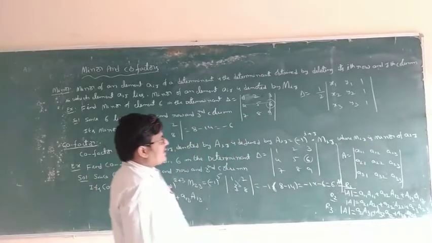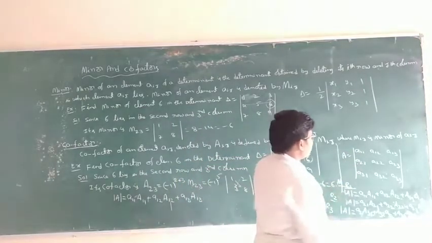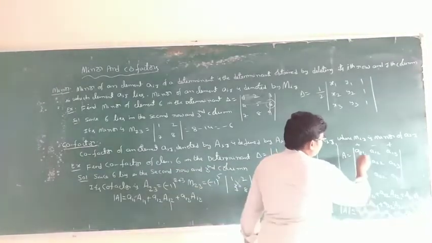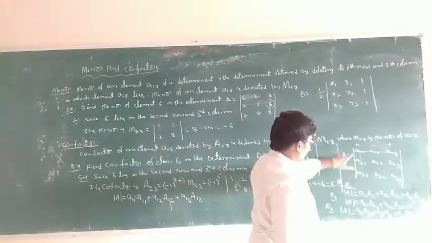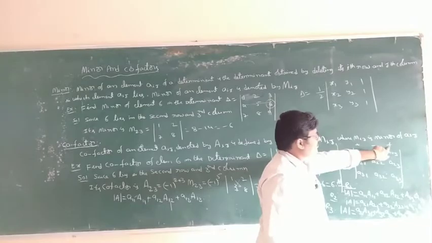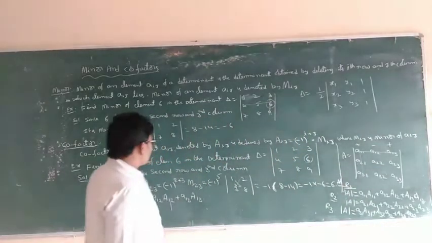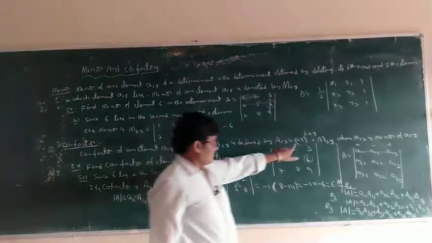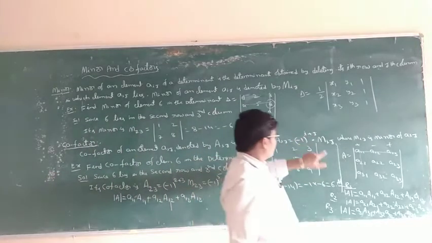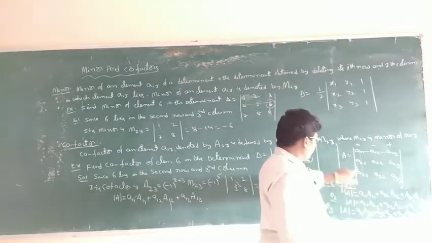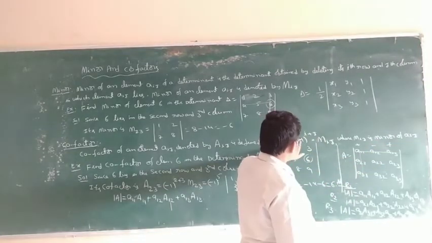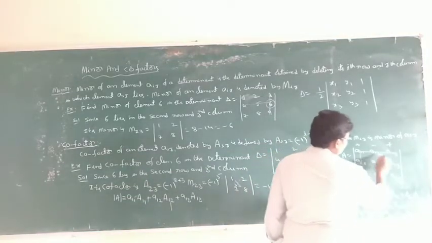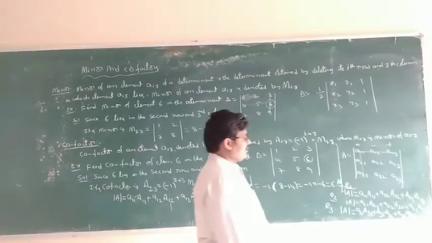Det A means what? Det A is equal to a plus or minus procedure. What is the procedure? A11 into capital A11, with signs plus, minus, plus. So plus or minus plus means what? Minus 1 whole power i plus j. Directly plus or minus plus. So element into minus 1 whole power i plus j into minor. Minor is the determinant left when the corresponding row and column are deleted. The remaining 2 by 2 determinant is a value.